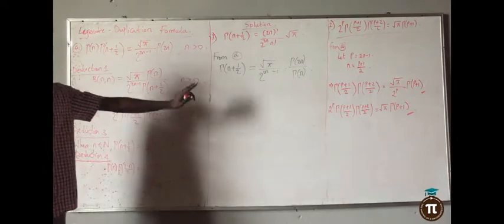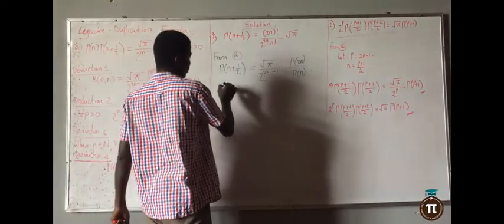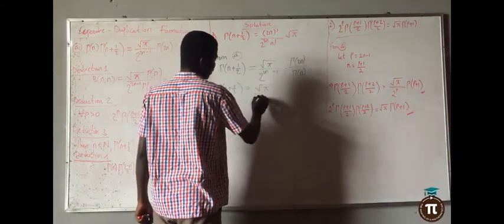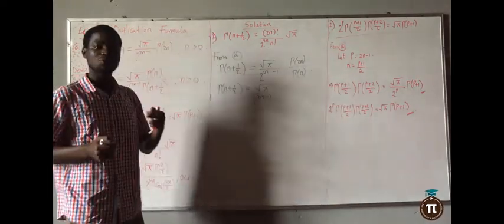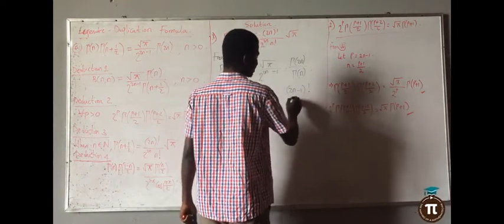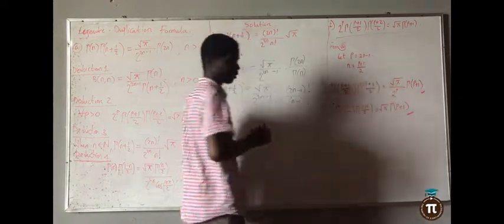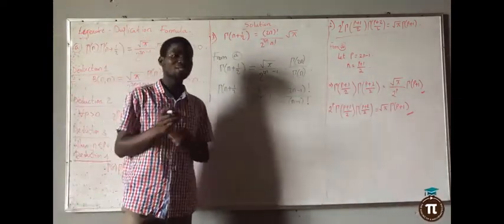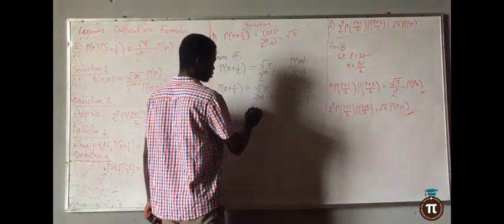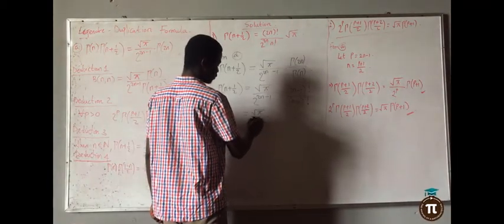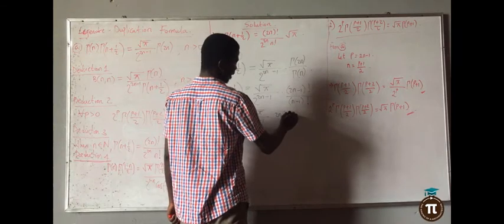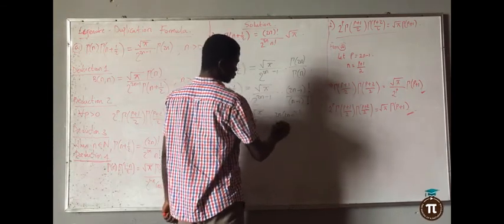So this is gamma of n plus 1 over 2 is equal to root pi over 2 raised to the power of 2n minus 1 multiplied by gamma of 2n. Of course, the answer will be 2n minus 1 factorial, then this is n minus 1 factorial. Multiply both numerator and denominator by 2n. So this is equal to root pi over 2 raised to the power of 2n minus 1. If you multiply this one by 2n, this one will be 2n minus 1 factorial all over 2n